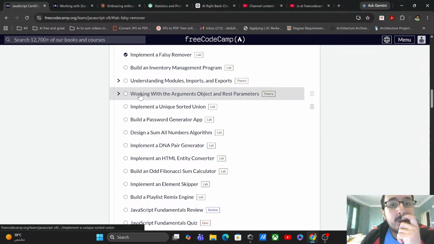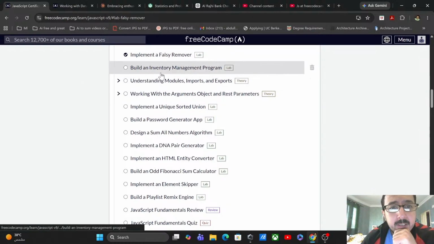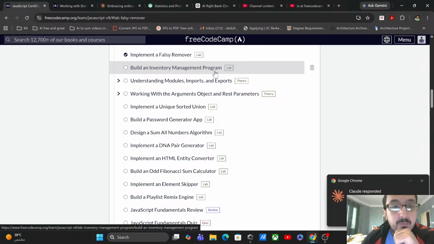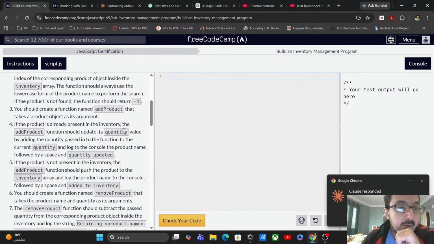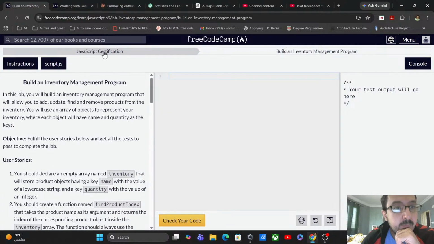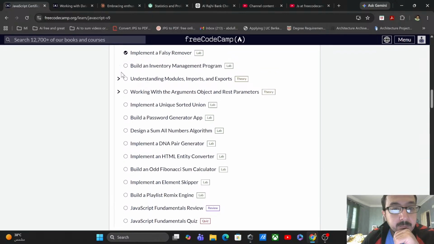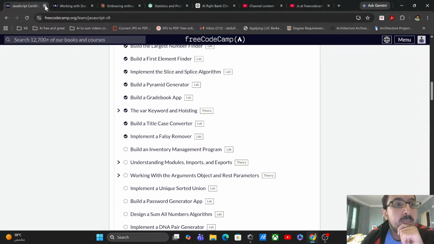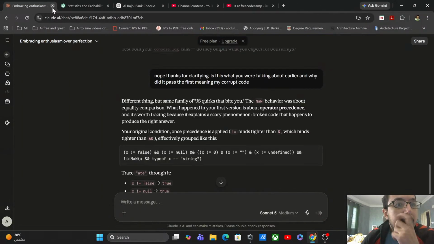Okay, so I would have built an inventory management program, but no, that's very long one. I checked it, very long. It needs me to have had a good sleep. Okay,